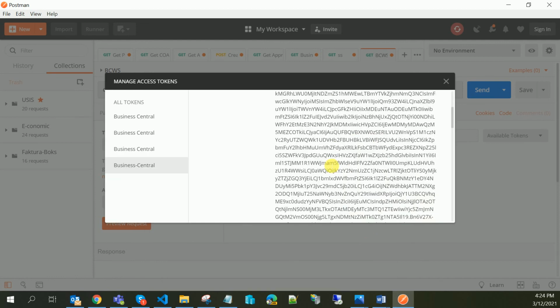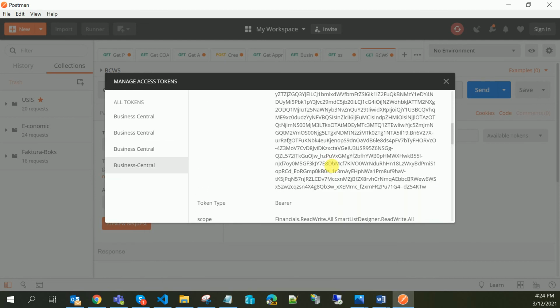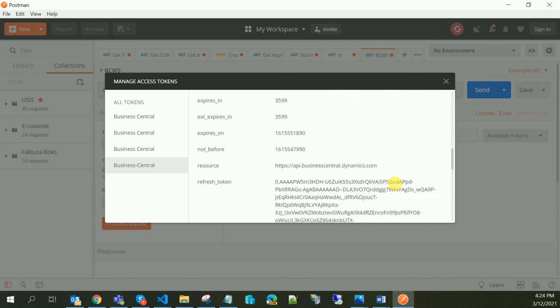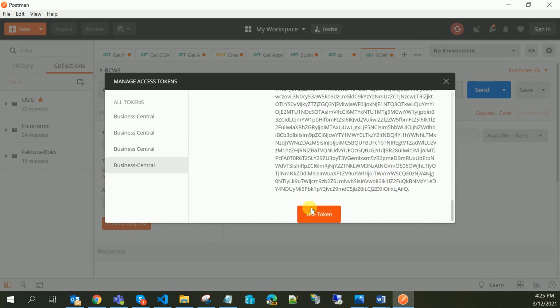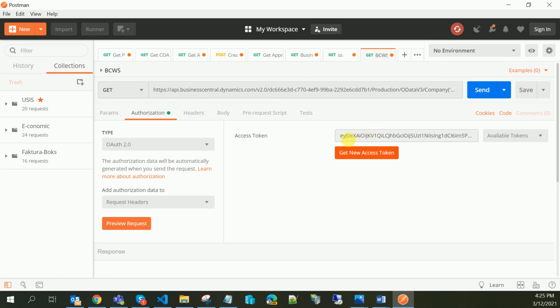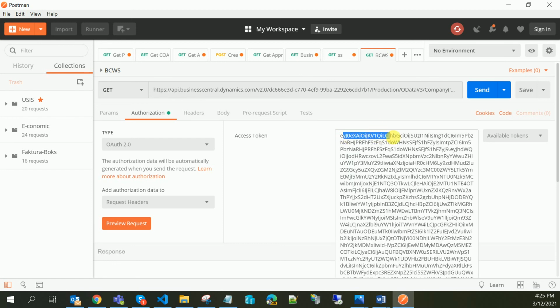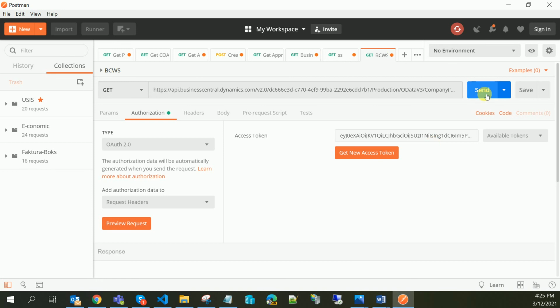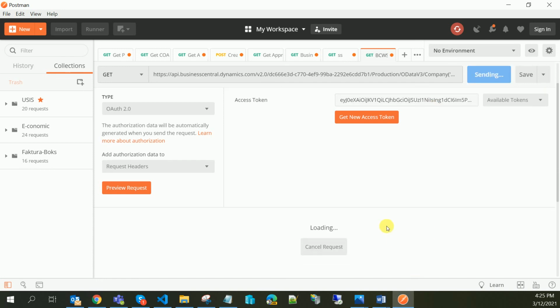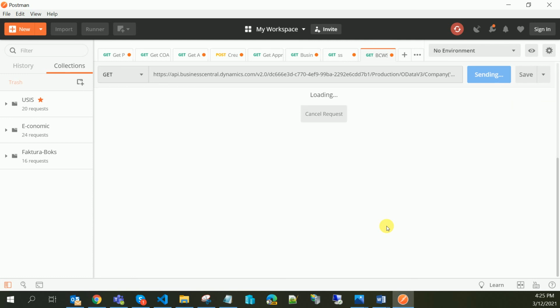So here is your app token, right? All you need to do is scroll to the bottom and click the button Use Token. As you click on Use Token, you can see the access token has been created. Then you need to click send to test whether our access token is valid or not.